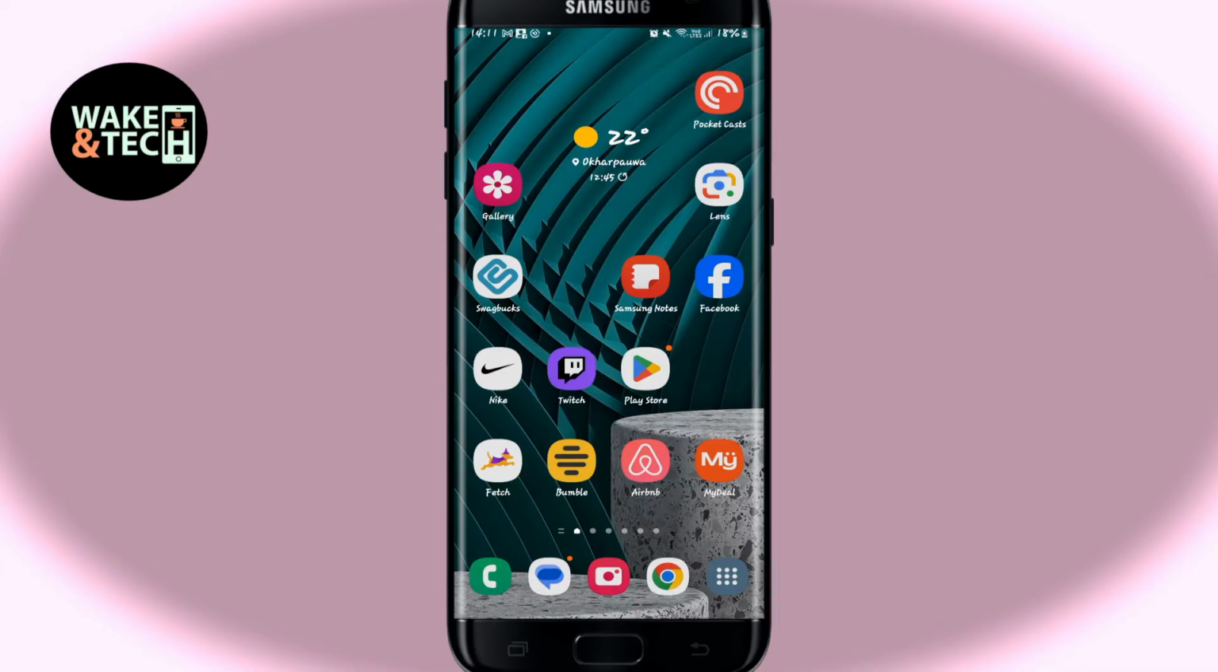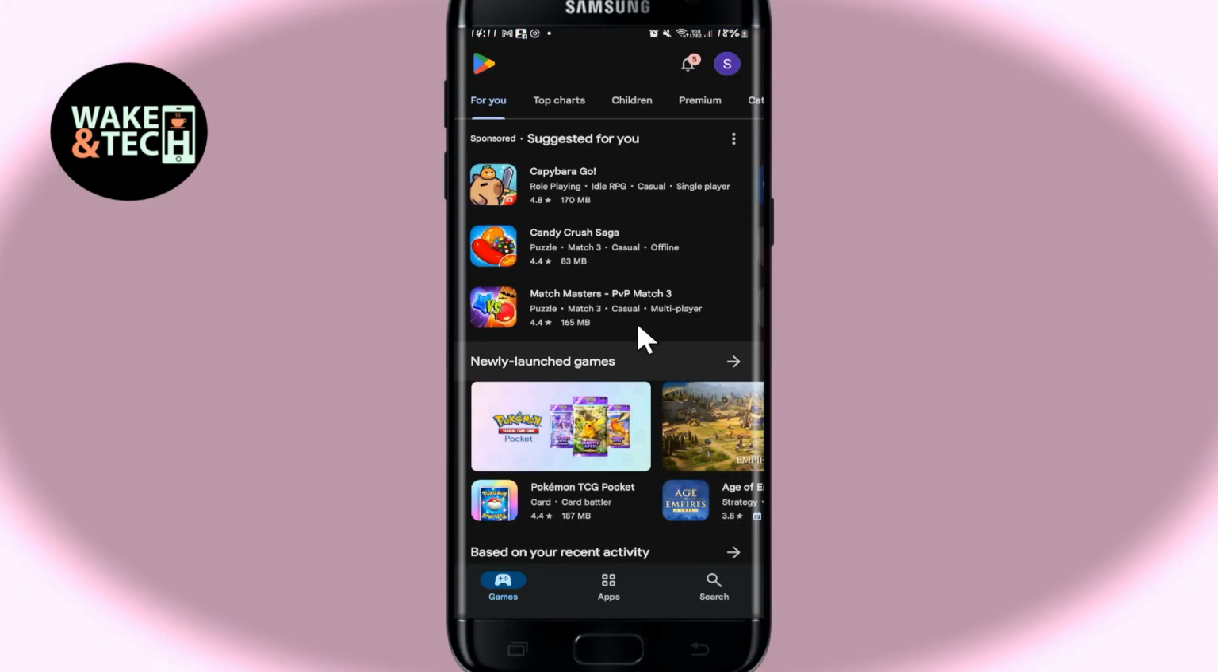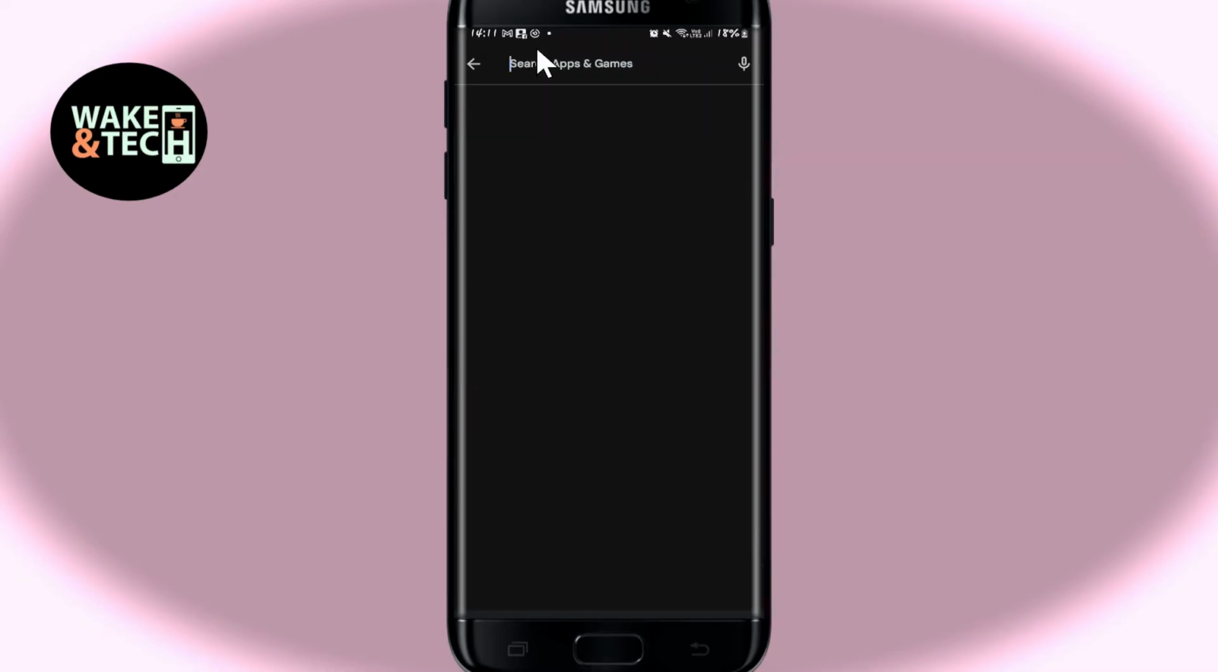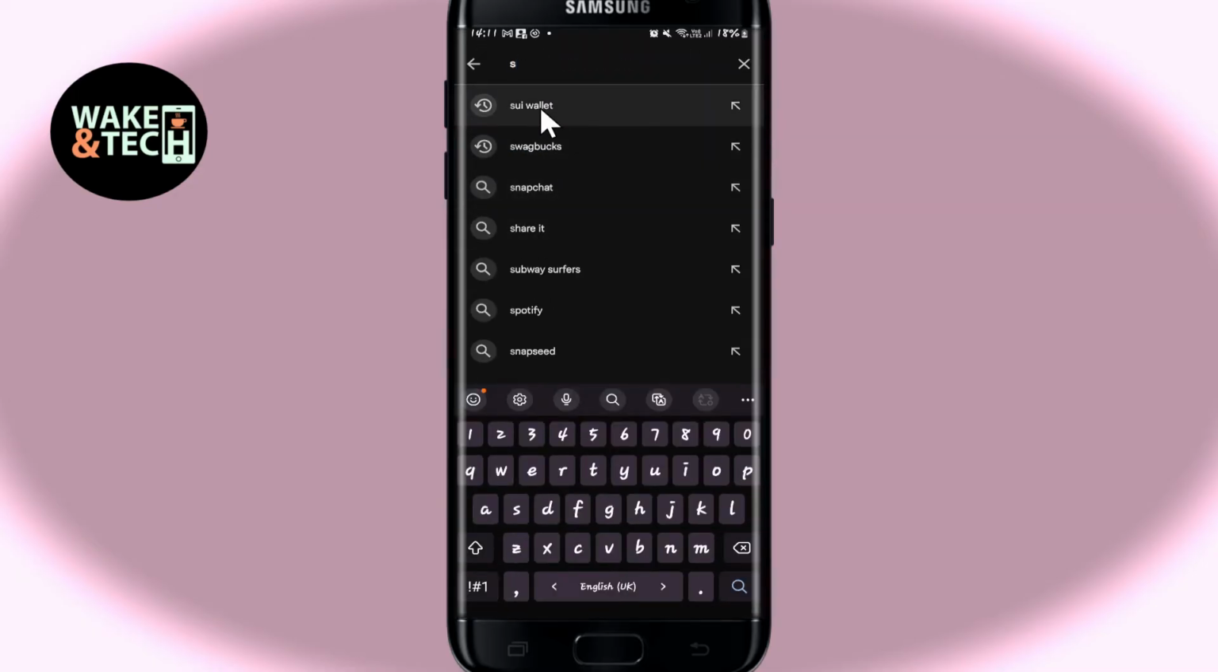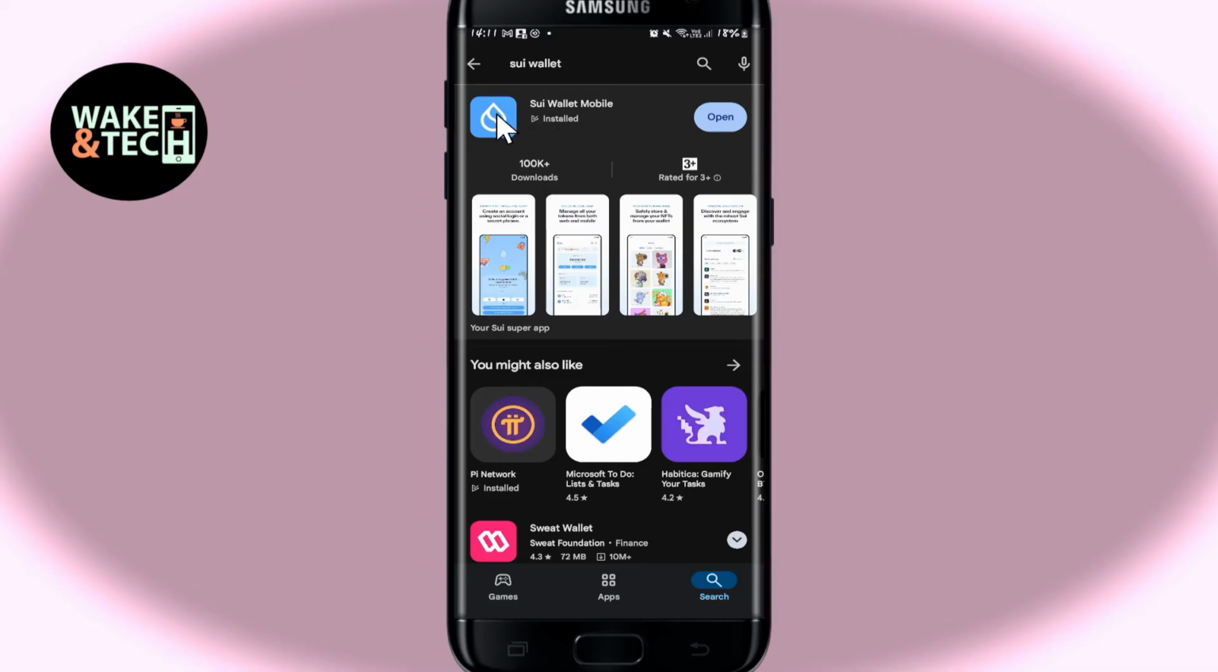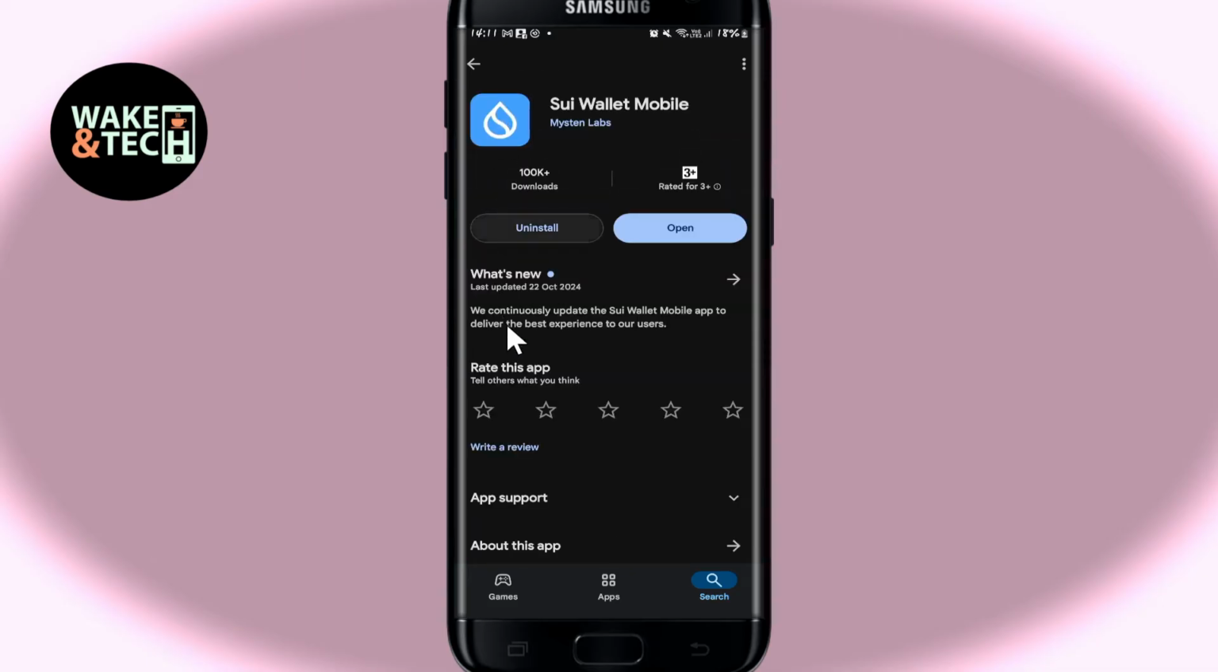First of all, open up the iOS App Store or the Google Play Store depending on your device. Once you open it up, just tap on the search box and then type in Sui Wallet and start your search. Once you find the Sui Wallet application, just tap on it and now you will either see the open